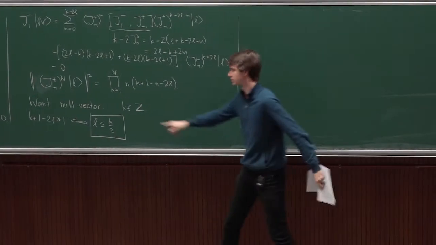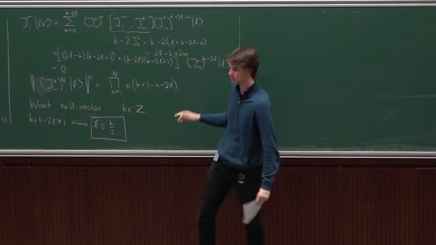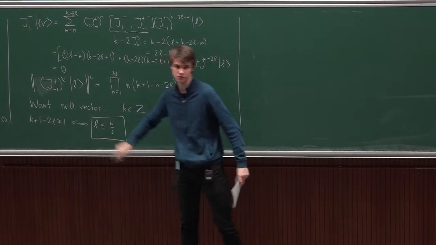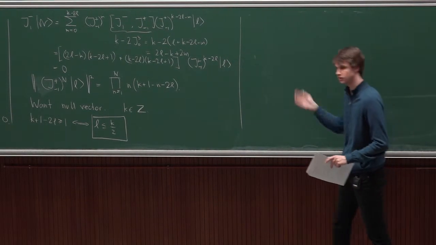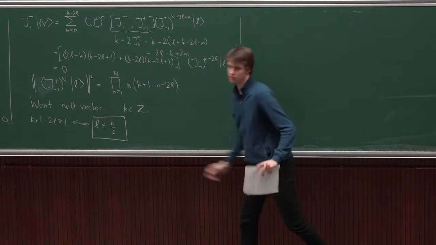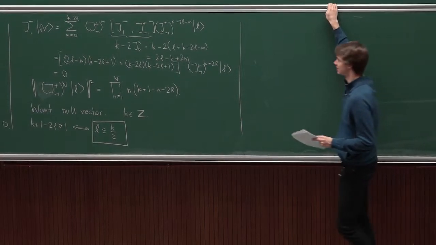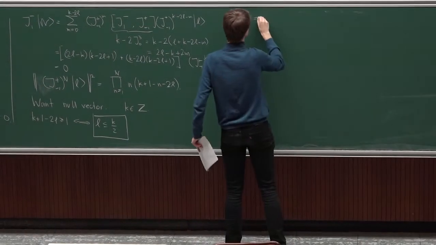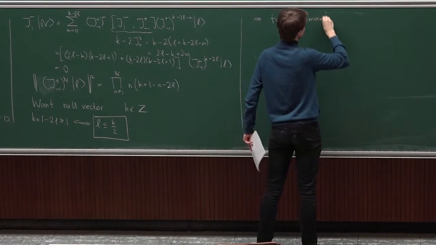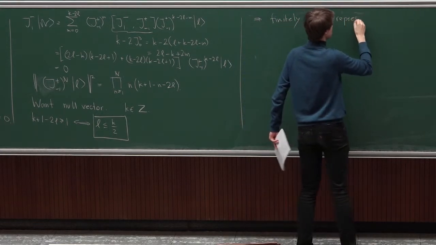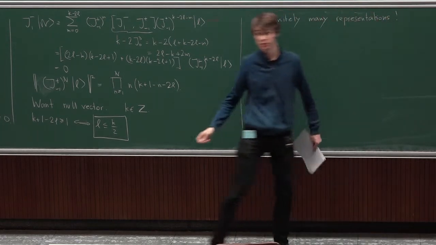Yeah, and this also has a generalization to other affine algebras. So here, instead of the spin, you get the inner product of your Dynkin label, of your weight of the representation, with the highest root, and it should be smaller or equal than k. So in any case, there are only finitely many representations. That's maybe the most important conclusion. We have finitely many representations.